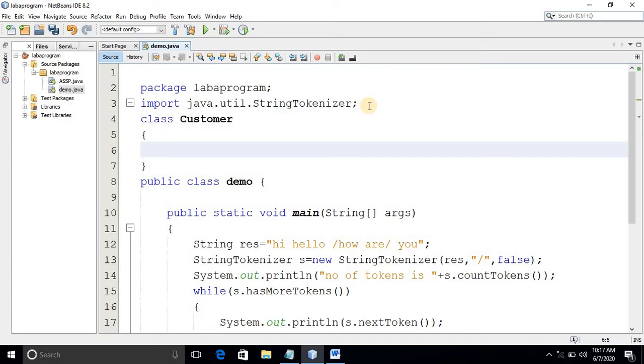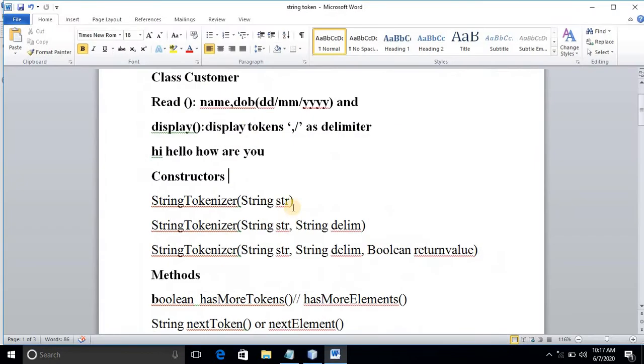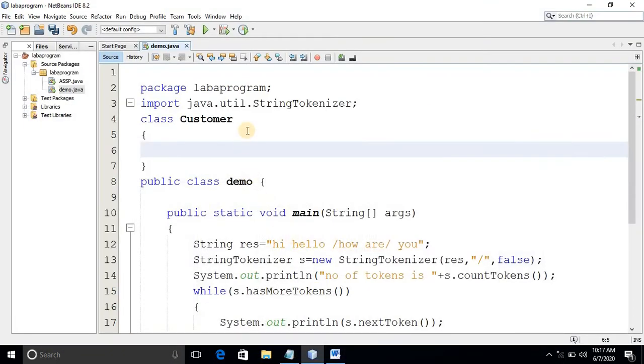We don't have any fields here. The only thing is we have to read the name, comma, date of birth. For that, let me store it in one variable, string res.